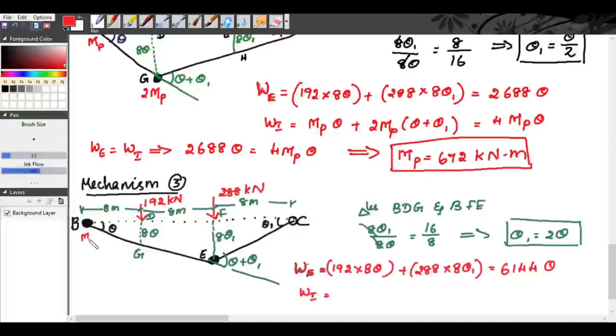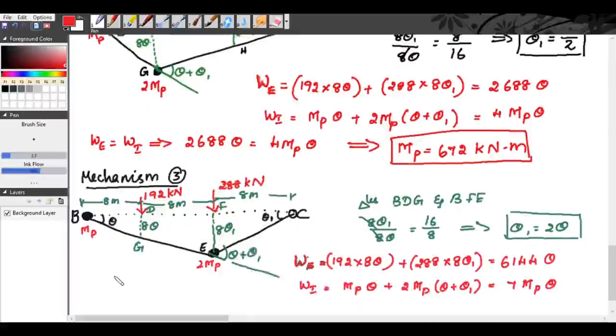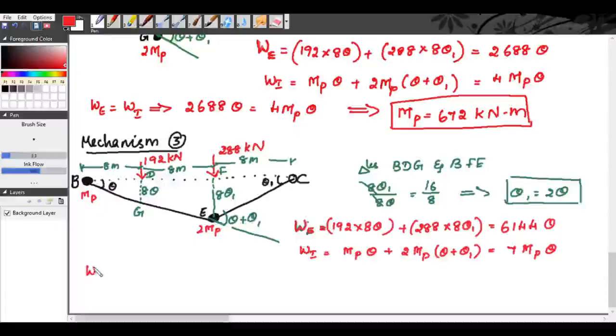Similarly, internal work done is equal to, here you have MP, here you have 2 times MP. So MP into theta plus 2 times MP into theta plus theta 1. Substitute theta 1 is equal to 2 theta. We get internal work done is equal to 7 MP into theta. Now we will equate external work done is equal to internal work done. We get 6144 theta is equal to 7 MP theta, from which we get MP is equal to